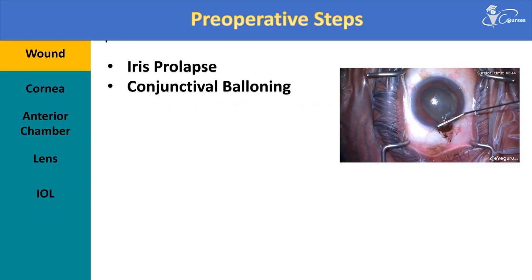In this case, you may need to use the iris dilators or to dilate the iris and to try to sweep the iris, but not from the main wound, because this will make the iris more prone to get out of the wound, but you just sweep the iris from the iris root